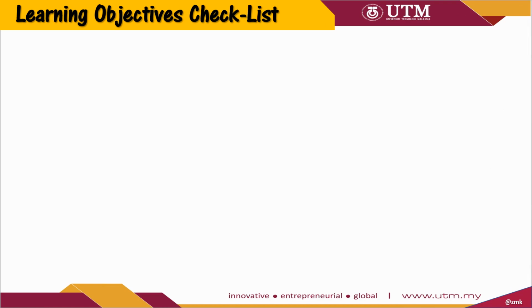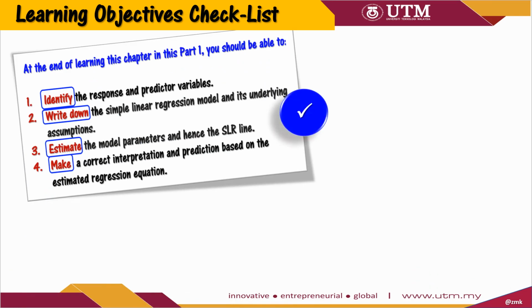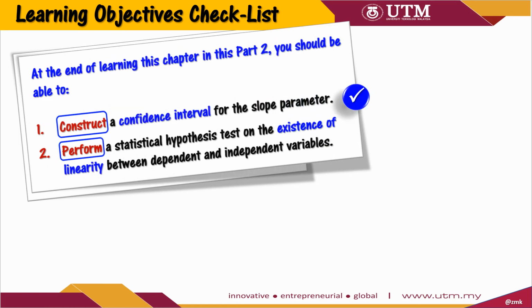We are now at the end of this video. Let's look at the achievement of learning objectives so far. By now, if you actively involve in learning activities, you should be able to achieve all Part 1 learning objectives covered in the first video of this chapter. And for this Part 2, you should be able to construct the confidence interval for the slope parameter beta, and you should also be able to perform a hypothesis test on beta correctly when investigating the existence of linearity between